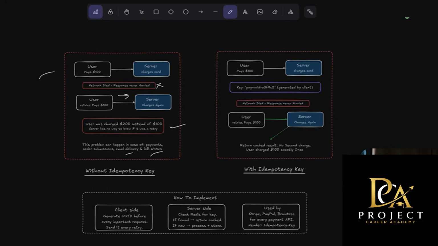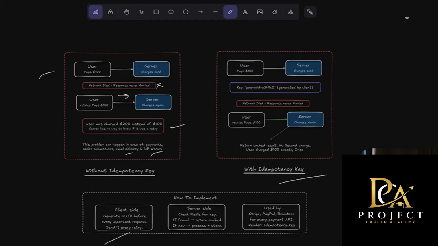So what we do is we introduce an idempotency key. Before sending the request, the client generates a unique identifier. The server will store the result against that key. Now, if the same request arrives again with the same key, then the server will not execute the operation because it's a duplicate operation.